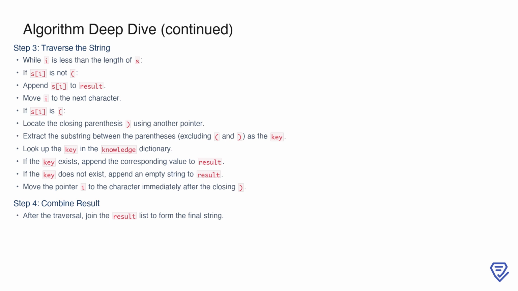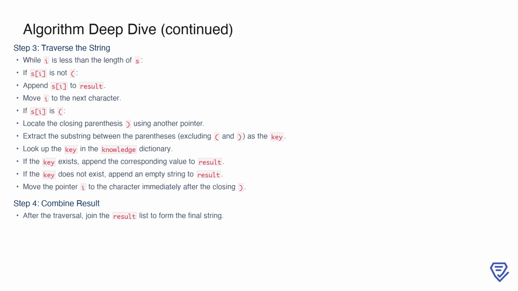Once we've identified the complete placeholder, we extract the substring inside the parentheses as the key. This key is then looked up in the knowledge dictionary. If it exists, we append the corresponding value to the result list. If it doesn't, we append an empty string instead. Finally, we advance the pointer i to the position right after the closing parenthesis, ensuring we continue processing the remainder of the string. Once all characters are processed, we combine the elements in the result list to form the final